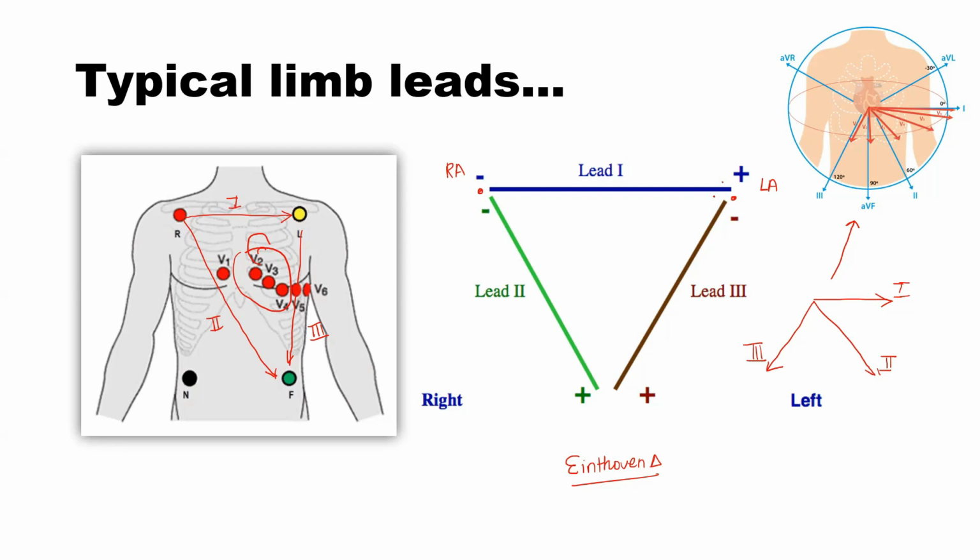Now, if we consider the right arm and the left arm leads, the potential difference between these is by default labeled as lead 1. Now, if you were to change the position of these leads, if you place them like this, any potential difference in this direction will now be called a new lead 1. So this would not be a classical lead 1 direction, but by changing the positions of the right arm, left arm, and the left leg electrodes, you can play along with the axis of lead 1, lead 2, and lead 3. But why would we do that?